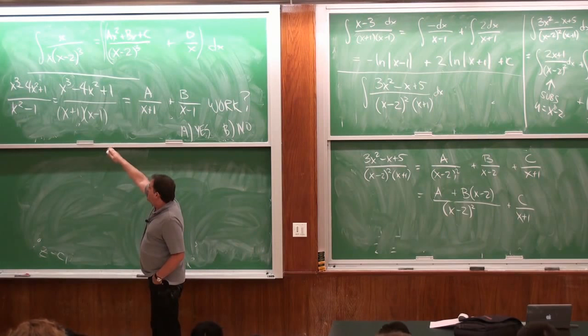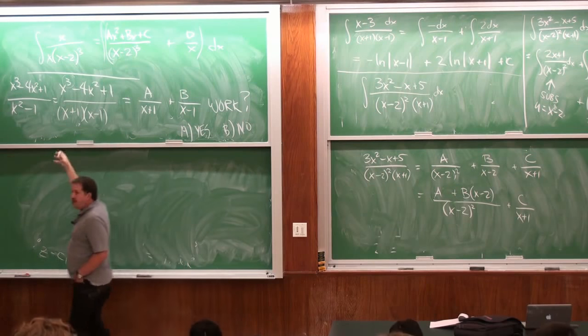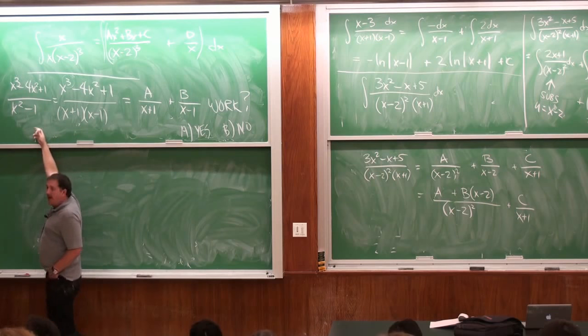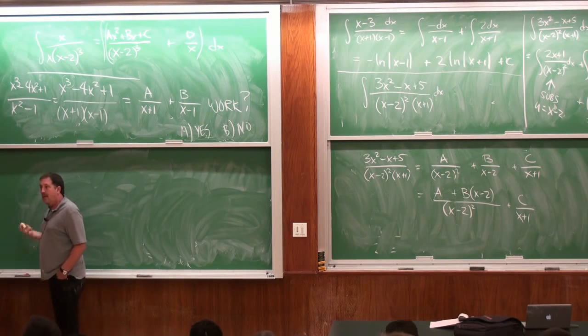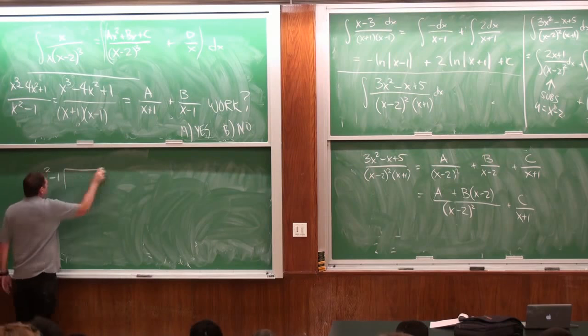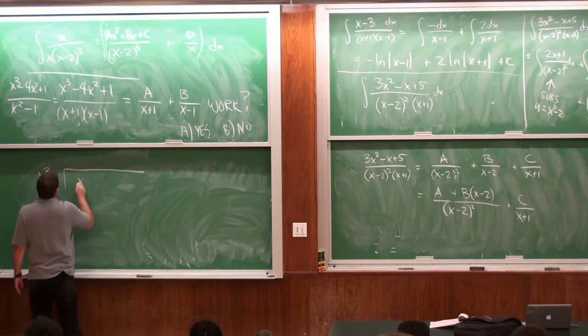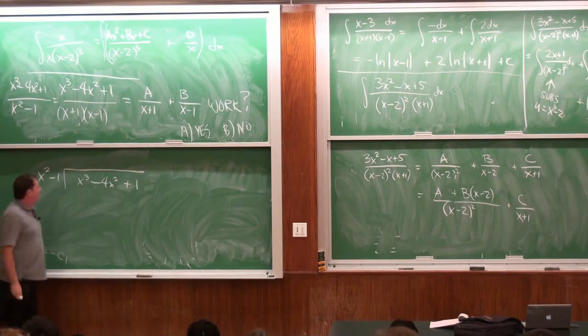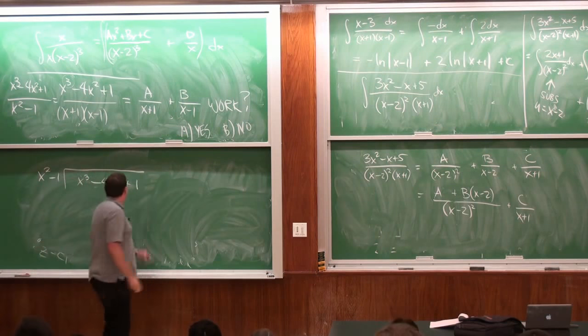Yeah. So I need to do division. I need to say, if I multiply the bottom by x, I'll get an x cubed that I can subtract off. So I have to do long division here. I don't have to do it in exactly this form, but okay. I guess I'll leave room for x.